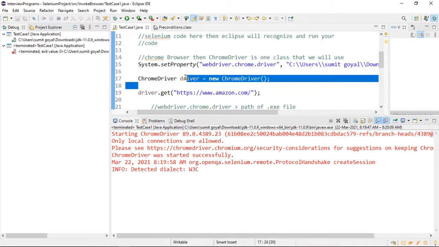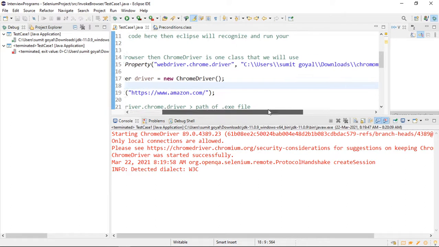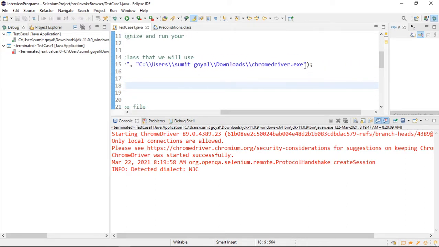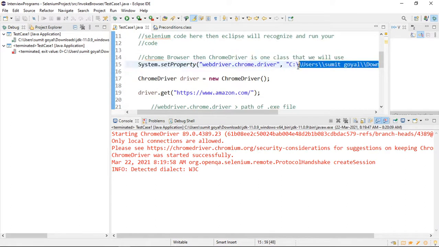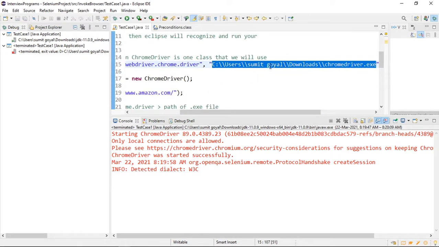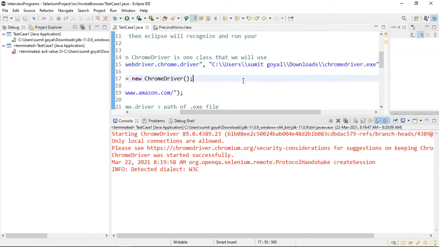So even though I have not placed it, it has automatically taken the path according to its convenience. If I do it like this, you copied and pasted, and it automatically doubled the slash. If you provide a single slash, it will throw an error. So wherever you provide the path, it will take a double slash, because Java accepts it only in this way, right?